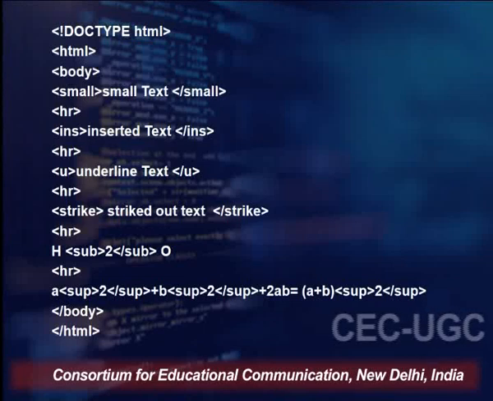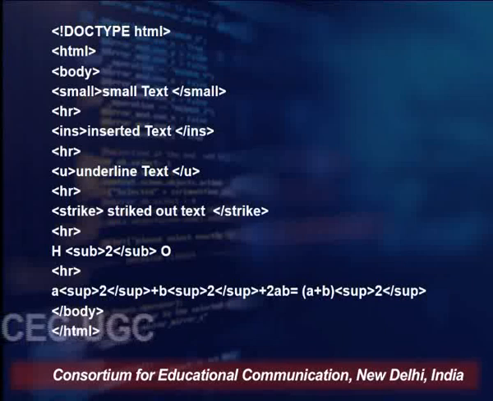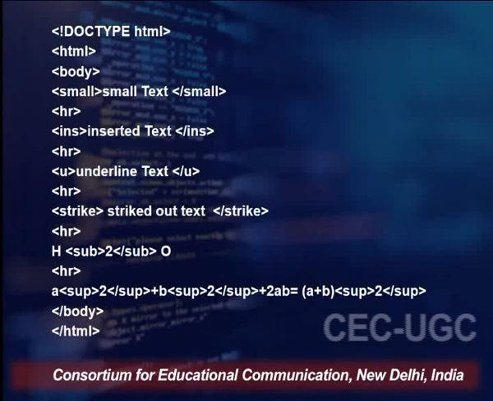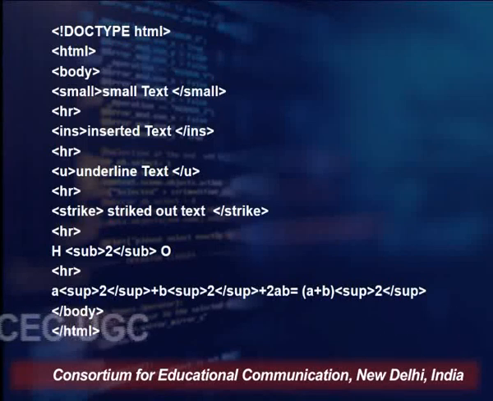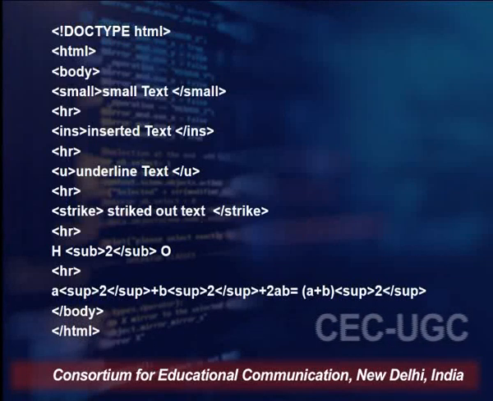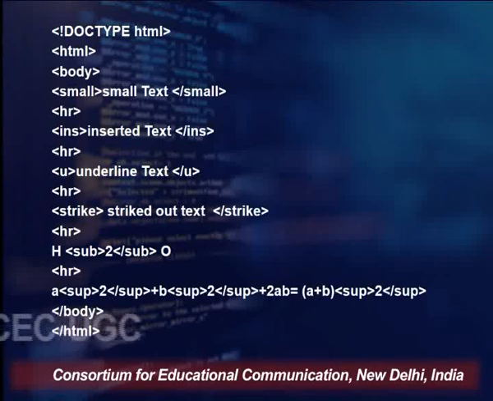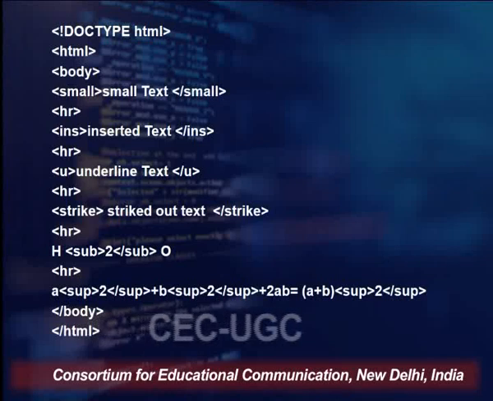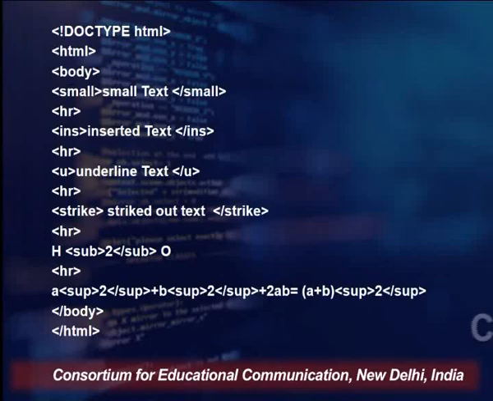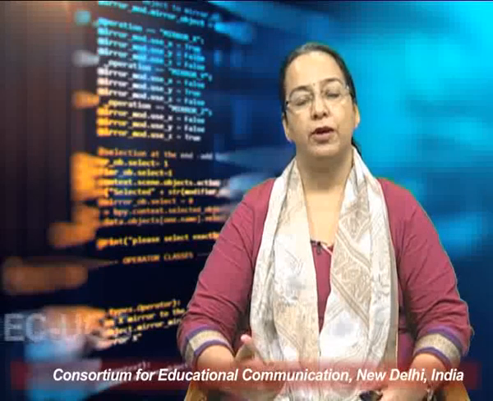Then we have HR, and then in the case of struck-out text, we have used strike and then strike closing. Now, the way in which we use subscript and superscript is similar. We place the text, or caption, in between the opening and the closing tags. So, let us say now we want to write the chemical formula of water,